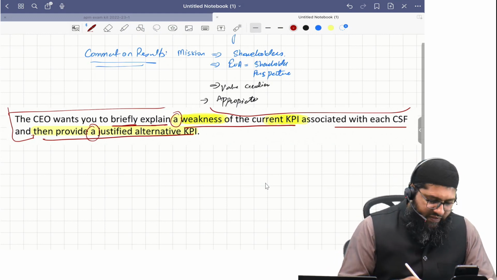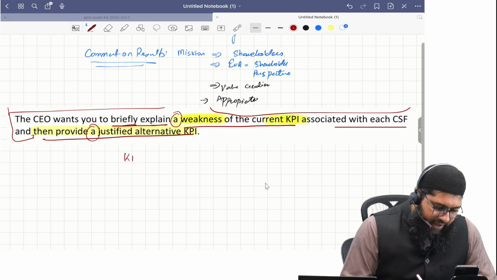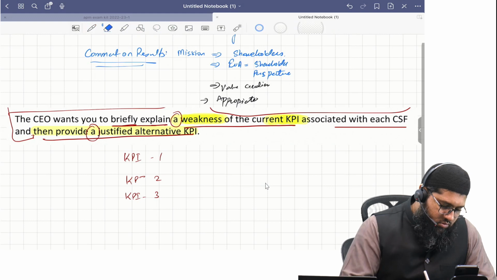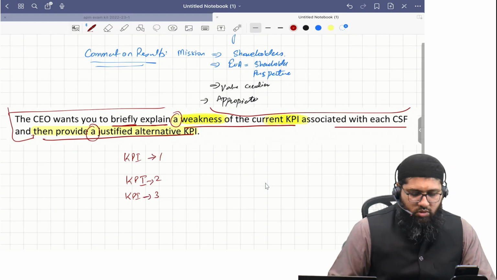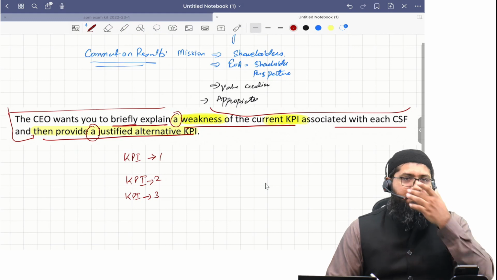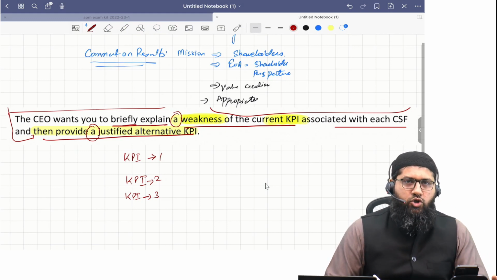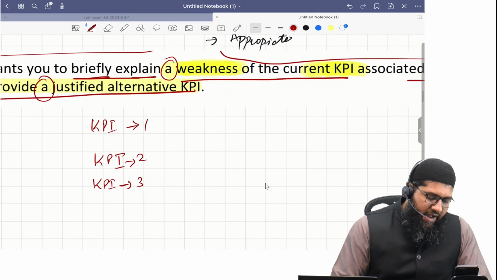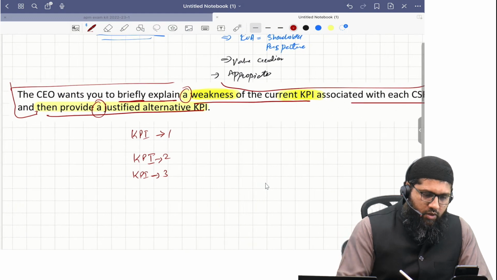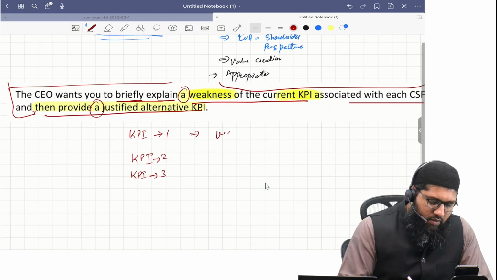So see, what we would do is that you would actually use KPI number 1, KPI number 2, KPI number 3. So I repeat, you would be using KPI number 1, KPI number 2, KPI number 3. These 3 KPIs need to be used, right? And for each of the KPIs, you would say what is the weakness,